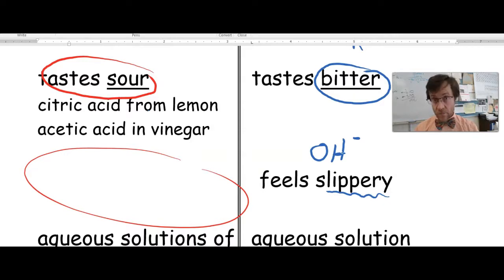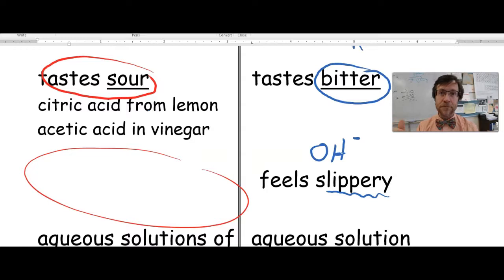skin, right? And like I said before, with the whole tasting bitter and really gross, it breaks down polypeptide bonds, which hold our molecules together. So when we touch a base, like something like bleach, and we get it on our fingers, what happens is those hydroxide ions absorb into our skin very quickly, and they undergo a chemical reaction, which makes the molecules of our skin into a soap-like molecule. So that slipperiness is basically our skin turning into a soap-like molecule, and that's why it's slippery, because soap is